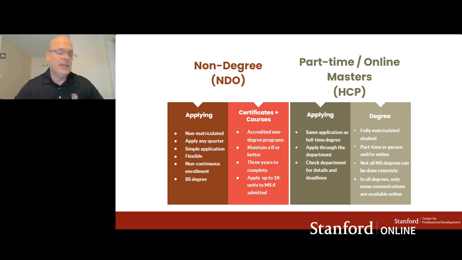It is the same. The application will be reviewed through the academic department that you're applying to. So, for example, if you're interested in a Stanford Computer Science master's degree, you will be applying through that specific department, and they will review that application. Again, if you meet the requirements of the program and they're happy with your application, they're the ones that will be reviewing and approving that.